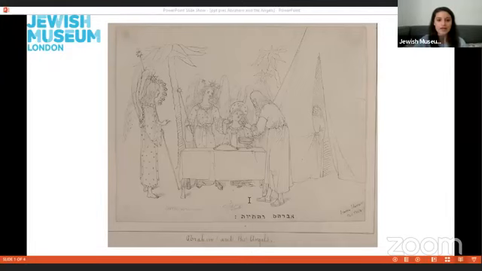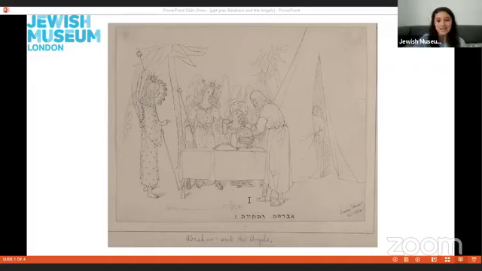So this drawing is a depiction of the story of Abraham and the angels from the Torah. It was made in 1854 by British Jewish artist Simeon Solomon, whose work shows strong Pre-Raphaelite influence. If we look closely at the object, we can see a pen and ink drawing of Abraham offering food to the angels. Abraham is drawn with his back to us as he offers food to the angels behind the table in the open air.